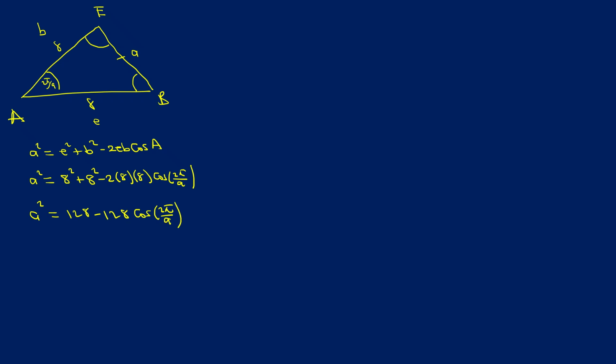Then this is going to be A is equal to, you simply introduce a square root here to get rid of that square on A. Introduce a square root on both sides. The square and the square root divide. Our A becomes the square root of 128 minus 128 cos of 2 pi divided by 9. That's what we are going to have. So therefore,